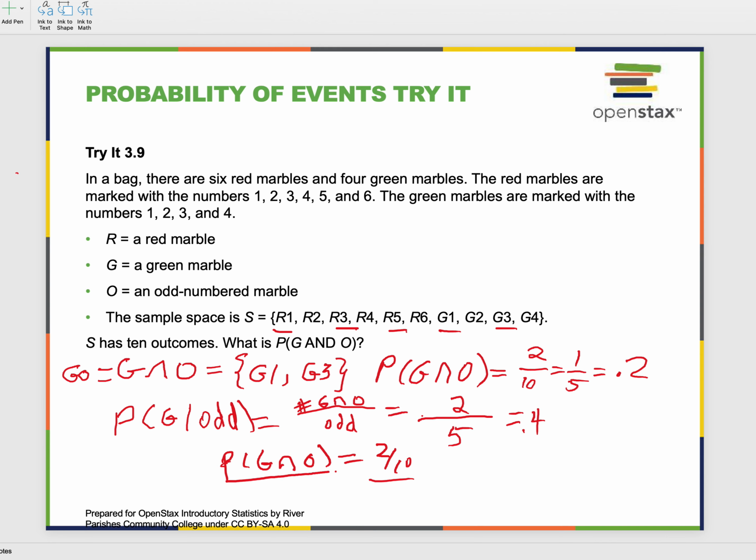And we want to divide that by the probability of odd. Well, how many odd ones were there? There were 5 out of 10. So the way this works is it becomes 2 over 10 divided by 5 over 10. And what do you do when you divide by a